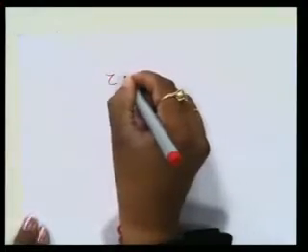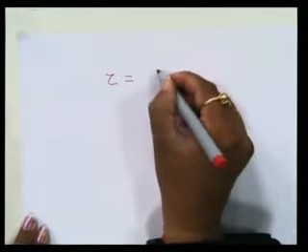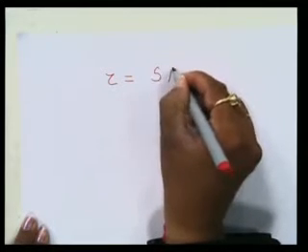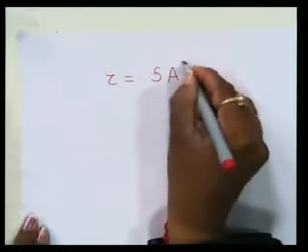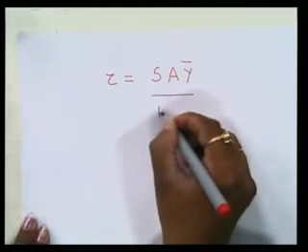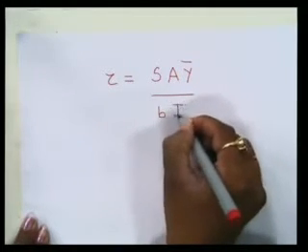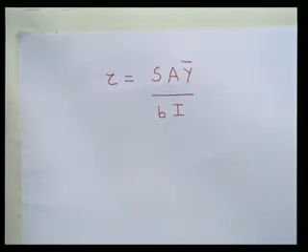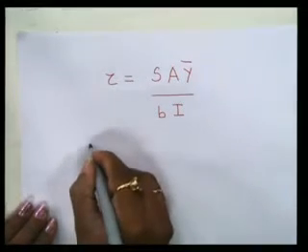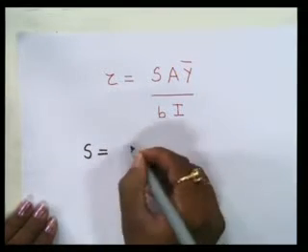So F A y bar upon B I is nothing but the shear stress. In certain books, instead of F, they have written S. To remember it is very simple: S A y bar upon B I. So tau is equal to S A y bar upon B I. Now what is this S, what is this A, that we will define, and you can easily remember this by the equation S A y bar upon B I, where S is equal to the maximum